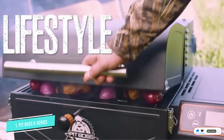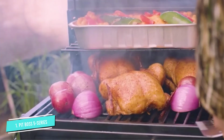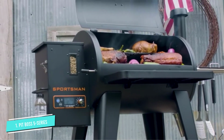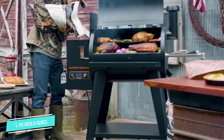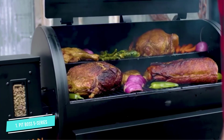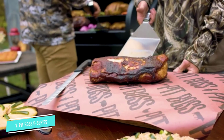Even though it's a small vertical pellet smoker, its 5 cooking racks provide an ample 1,513 square inches of cooking space. The wood pellet hopper has a capacity of 55 pounds, which is pretty generous for a model of this size. It has a digital control board with 2 meat probe ports that help you monitor 2 cuts of meat simultaneously,